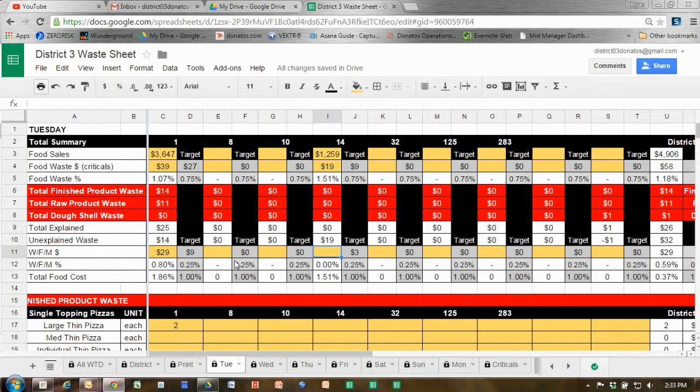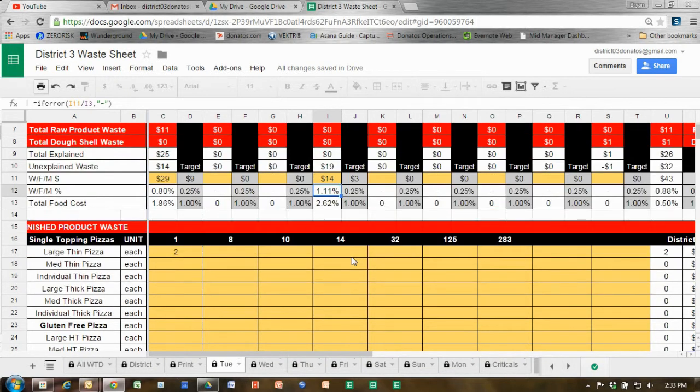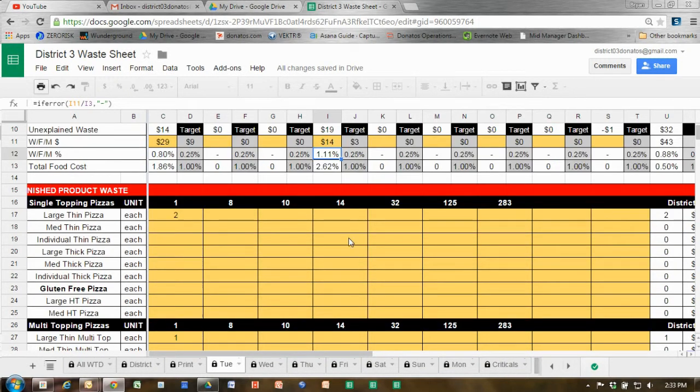The next thing that I have an orange cell for is waste, fakes, mistakes, dollars. I'm going to go to my ideal usage report and run my waste, fakes, mistakes for the day. I had $14 from that report. Then I'm going to take my waste sheet for the day and record any waste that took place throughout the